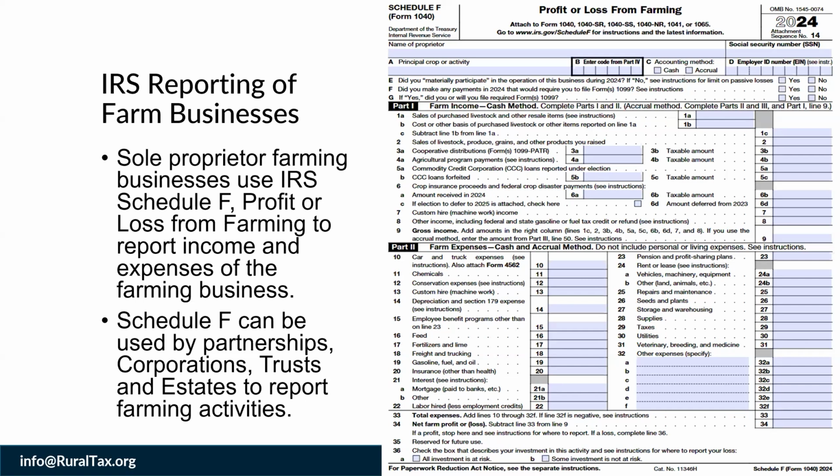Now, Schedule F can also be used by partnerships, corporations, trusts, and estates. They just would be looking at who the name of the proprietor is. I have used it for partnerships and corporations when I was doing tax returns professionally. And it's just very much easier to utilize that for the farming business, because you can see these items do look and seem to fit a lot better for the farming purpose than trying to come up with or utilizing